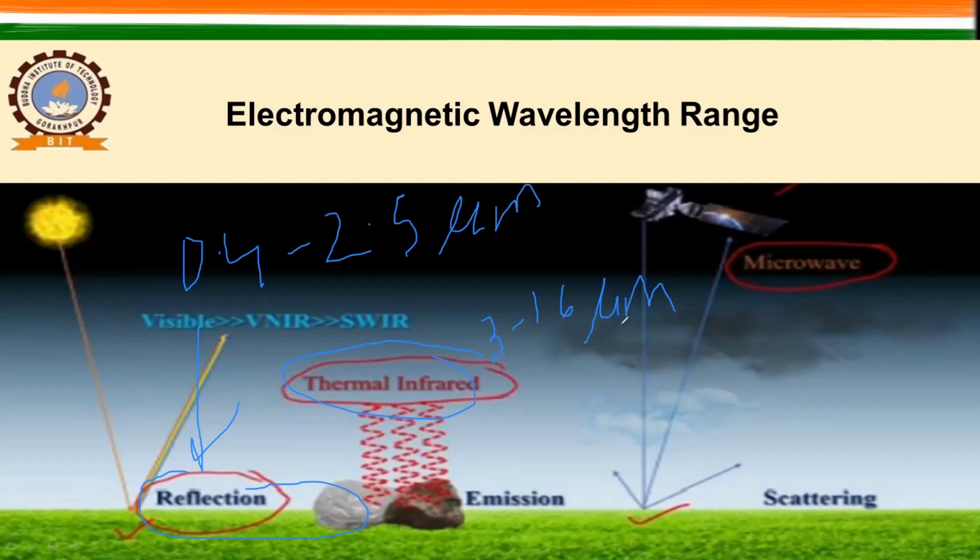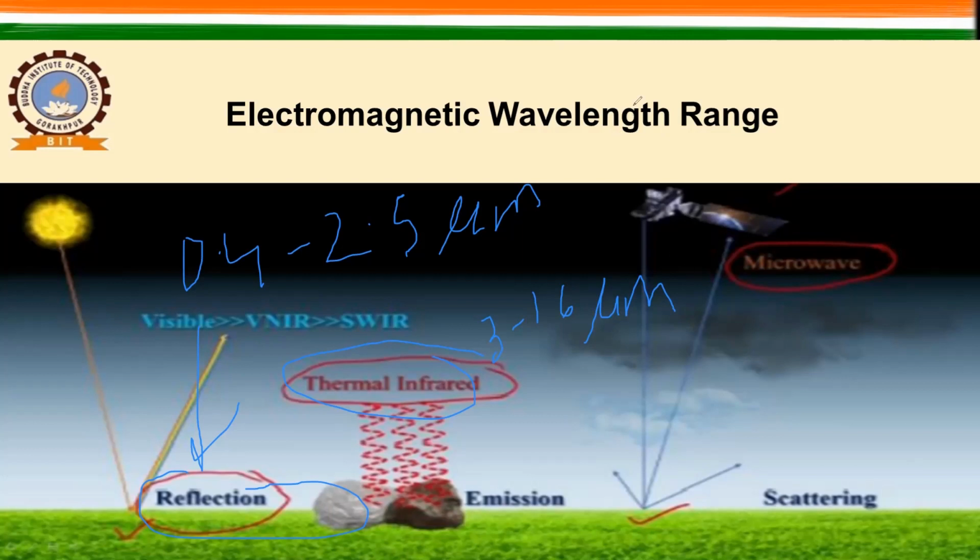And in this one, this is the microwave domain. Here we illuminate the surface, or the sun is already there. In case you are doing passive remote sensing, then the sun is our source illuminating our surface, and the microwave energy which falls on this surface will get backscattered, and that backscattered energy will be received by this satellite. So this is the fundamental of this energy and target interaction. ठीक है.